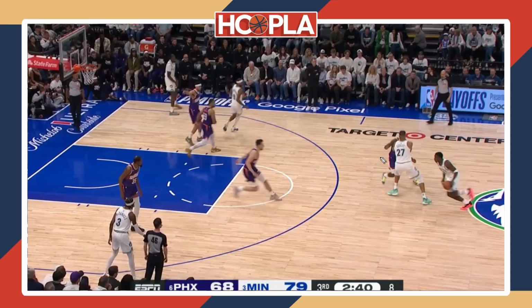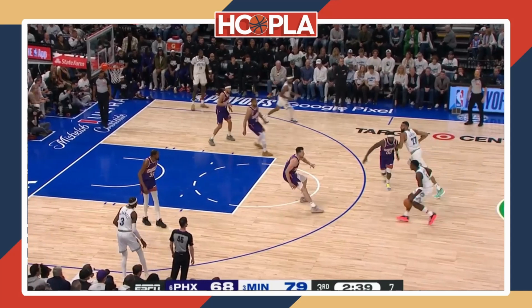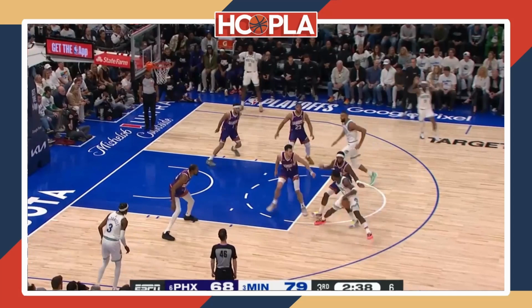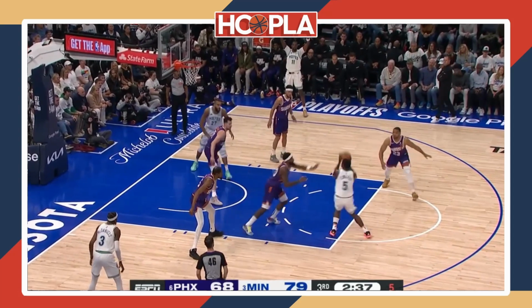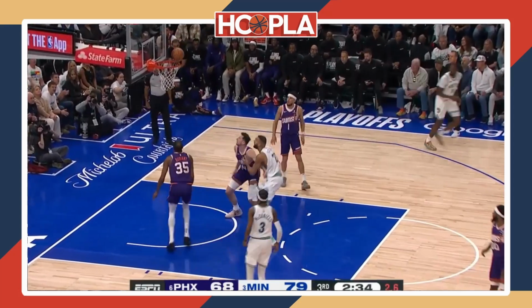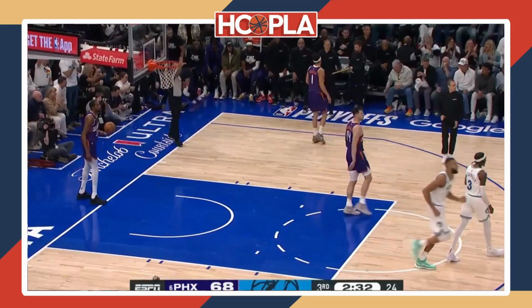A few plays later, we got another pick and roll where O'Neal goes under the screen this time. The big is still up, and Ant is decisive, and he eats up the space with the big and forces the big to make a decision. The big sees that O'Neal is back and somewhat guarding him, even though he's on his hip, and he decides that he's going to back up into the roll and catch the roller so we don't put pressure on Devin Booker back here. So the big backs up. Anthony Edwards has him on his hip and just uses simple footwork, again from the elbow, not too deep in the paint, where he still has room to operate.